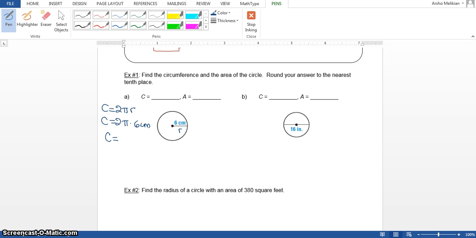Pi is 3.14, right? But you are no longer allowed to put in pi as 3.14. From now on, you're going to use the pi button. Okay, so everybody find the pi button on your calculators. And we're going to do 2 times pi times 6. This will give us